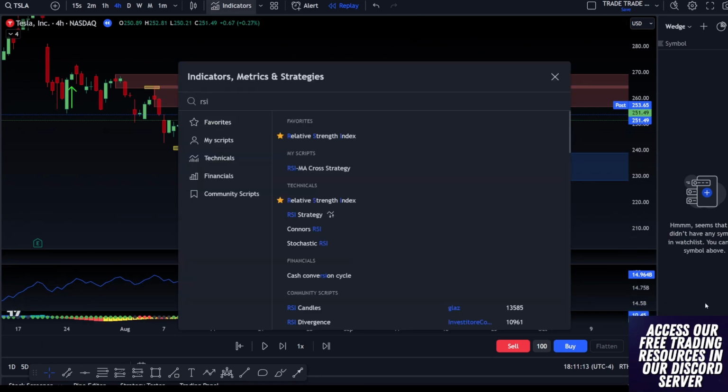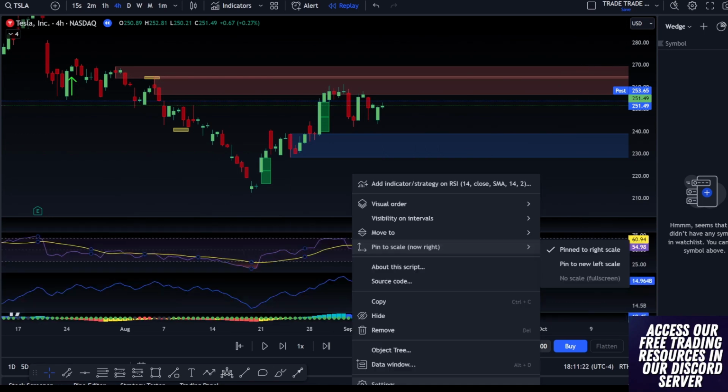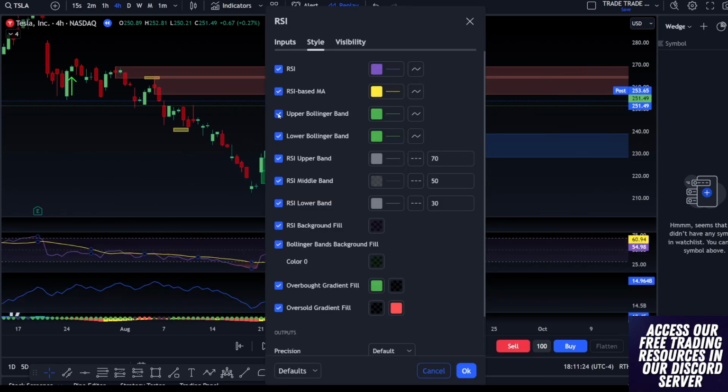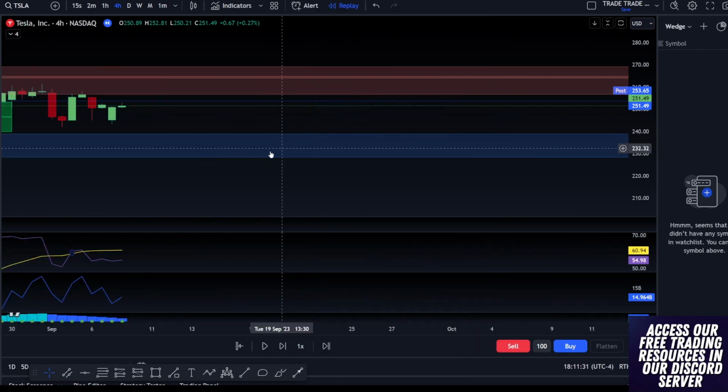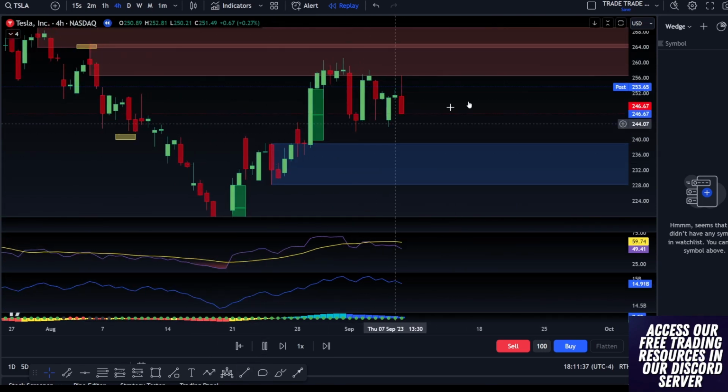Usually we want to look at RSI. Now the on balance volume and the RSI will tell different stories, but a lot of times they will move together. For my RSI, I usually turn off the Bollinger Bands and the upper band and all this. There we go. Just keep this. So as we're coming up into this level, let's just play it again. I don't even fully remember what happens, but this will be good.